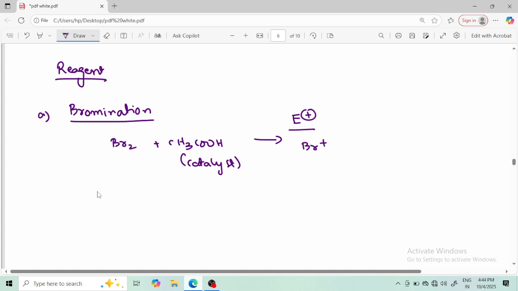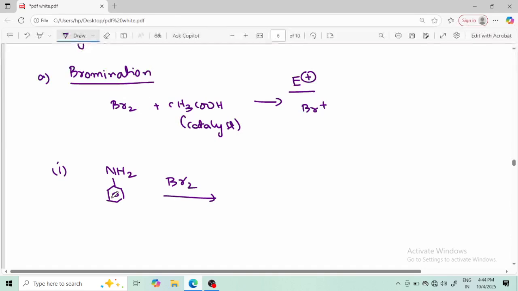And the electrophile that you will get from here is Br plus. Okay, now under this bromination we have to do two parts. First part, let's say NH2 is directly reacting with bromine, in aqueous form, means NH2 without controlling is reacting with Br2 and aqueous,